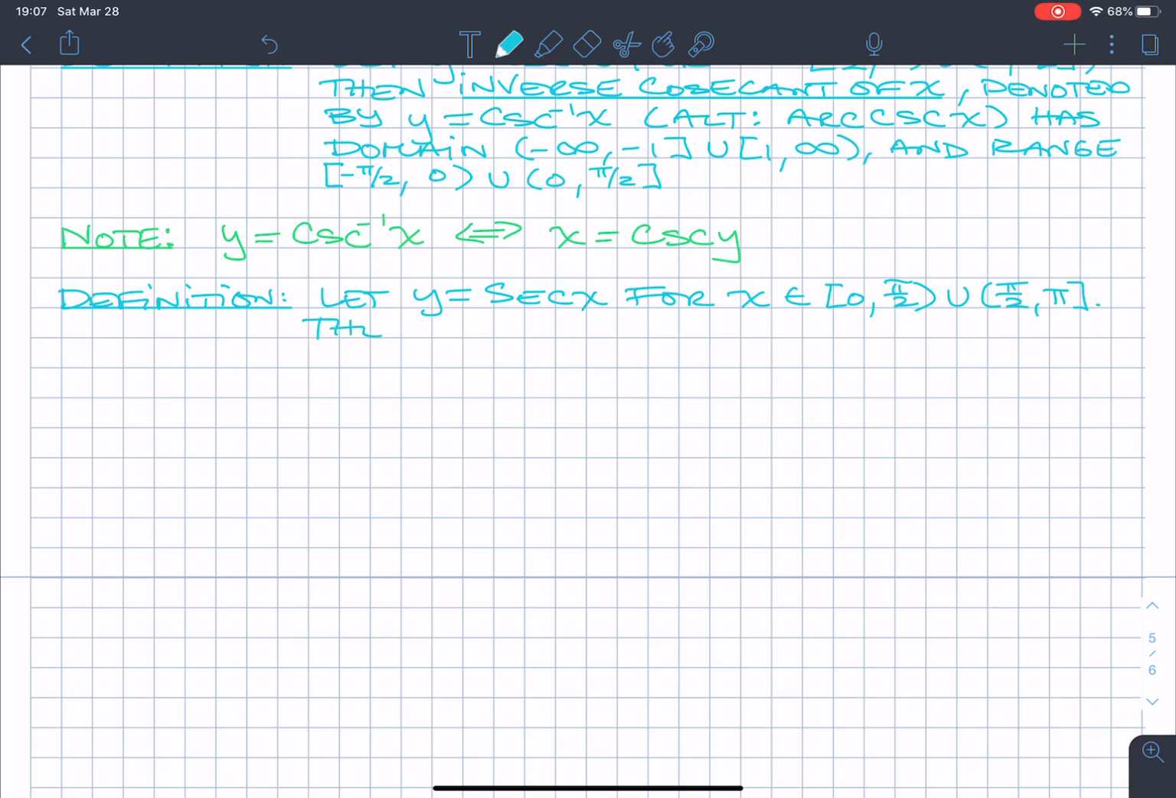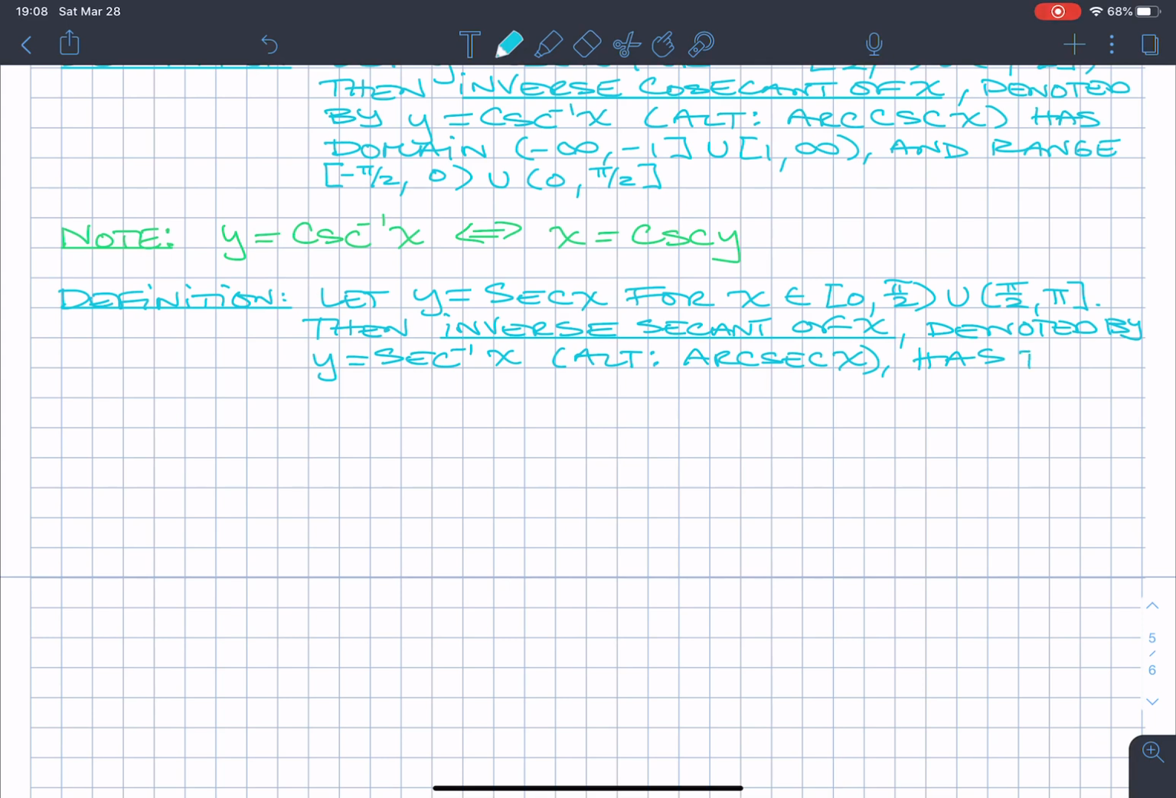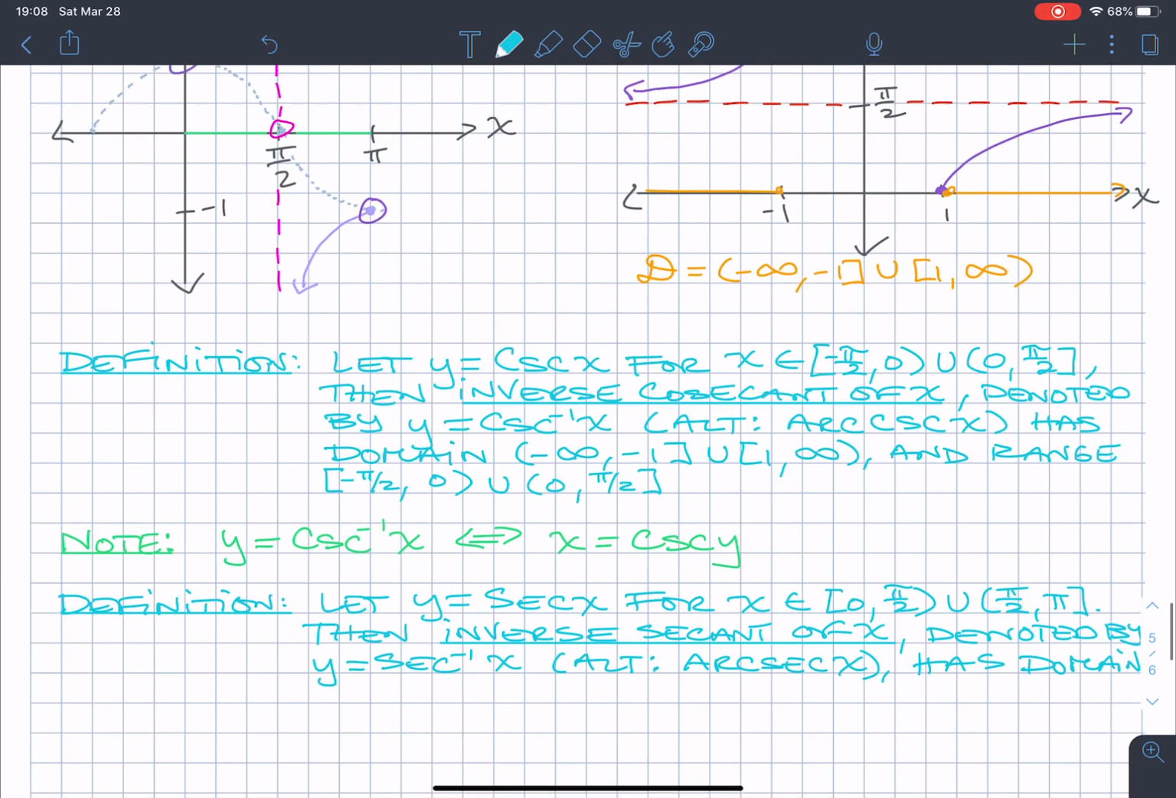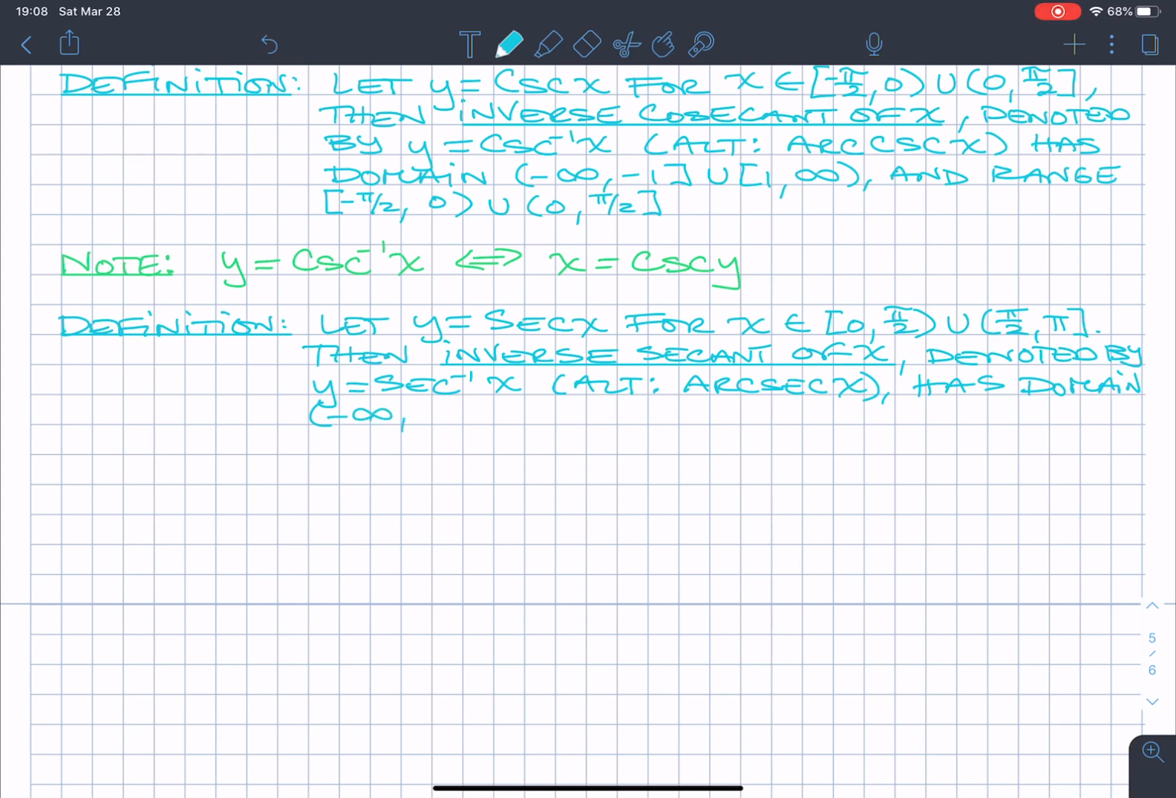Then inverse secant of x, that's what we're defining, denoted by y is equal to secant inverse of x, or alternately arc secant of x, has domain. Well, what was the domain on the inverse secant? Well, from negative infinity to negative 1, inclusive, union from 1 to positive infinity,